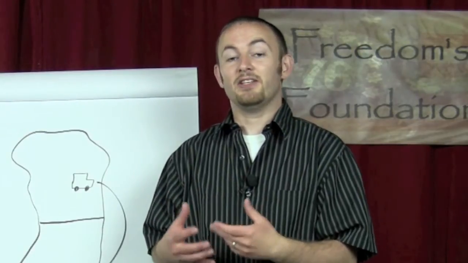If we want to have a strong economy in this country, we have to have a free market among the states where products can move quickly and easily from one state to the next. So, and this is where we get back to the Commerce Clause. What the Commerce Clause means is that Congress has the authority to facilitate that flow of products and to make sure that it doesn't get interrupted or interfered with.